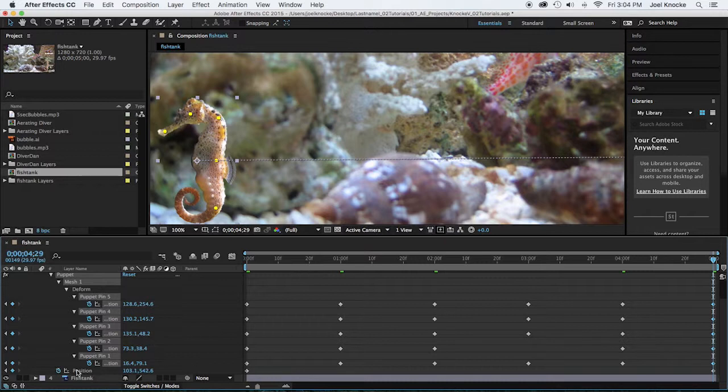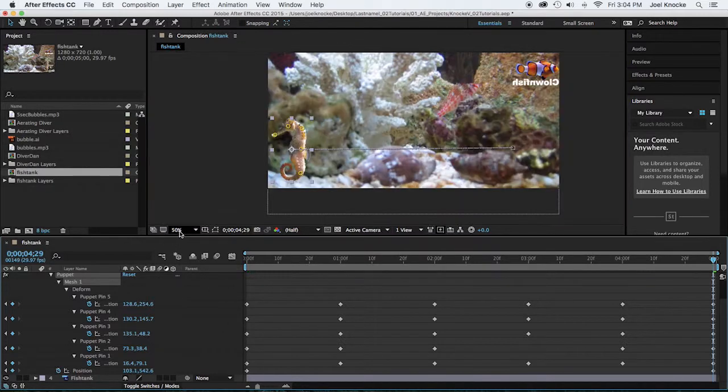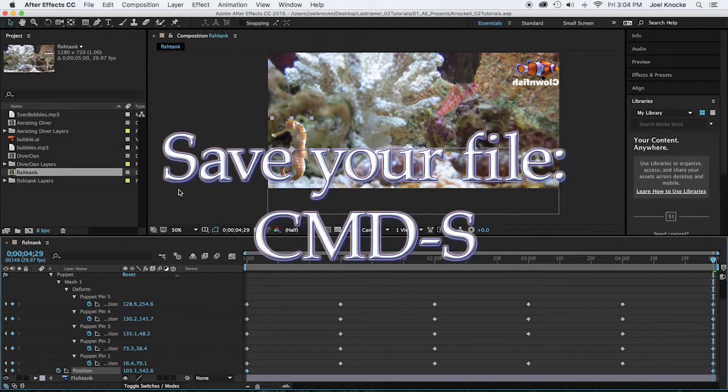Now if you accidentally got your position keyframe, it would replace that and he would go back to the beginning and stay there. And then you just have to go ahead and deselect all these and then go back to where you could see everything. And then select the position and then move him by dragging him across. And that would be all you'd have to do. But I'm going to Command S at this point,